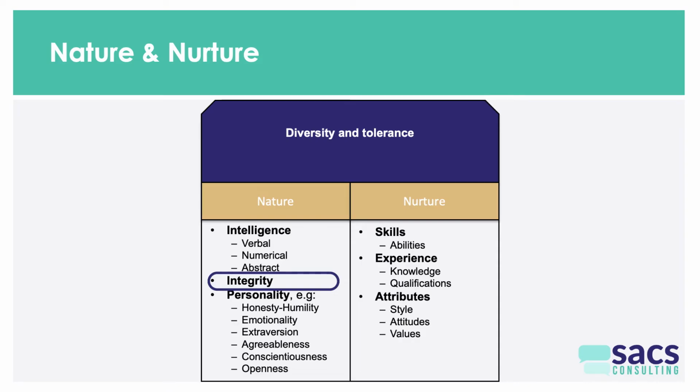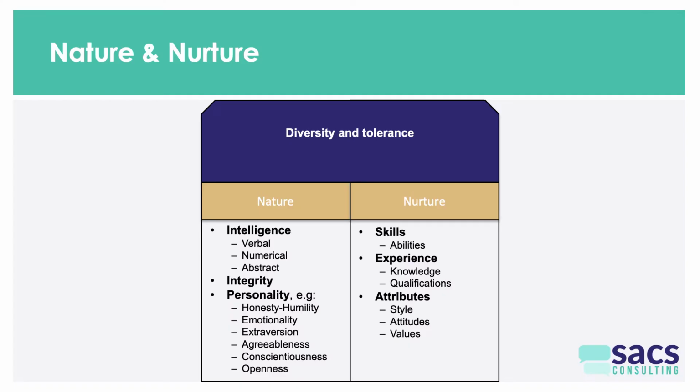And then there's a thing called personality, and personality has a big impact on whether people are likely to be inclusive or not. So certain characteristics make people more likely to be discriminatory than others. And so, for instance, personality characteristics which are about being generous and open-minded and warm tend to cause people to be more likely to be inclusive than if people don't score high on those things, which means that they're more likely to be discriminatory, exclusive, maybe a little bit in-group biased, so not welcoming of people who are not like them.